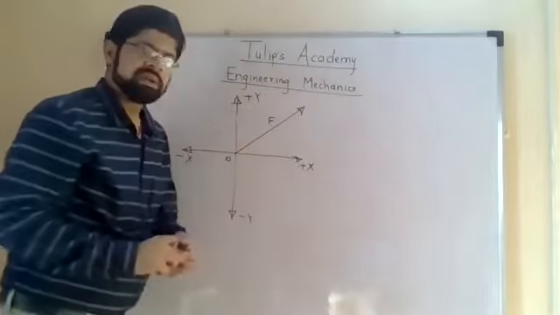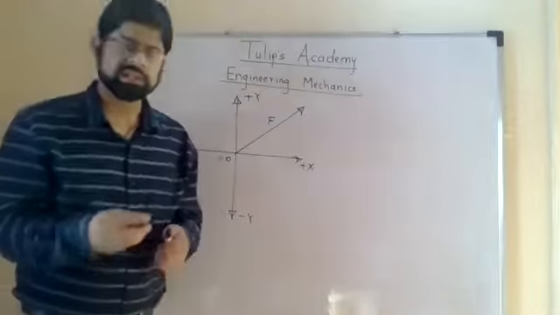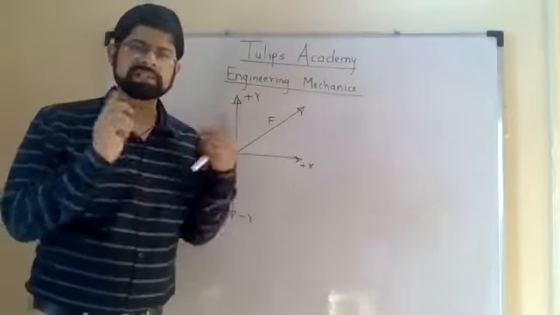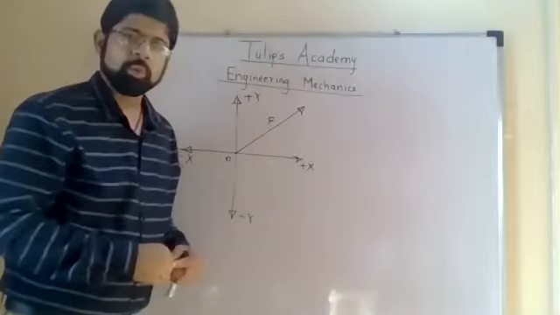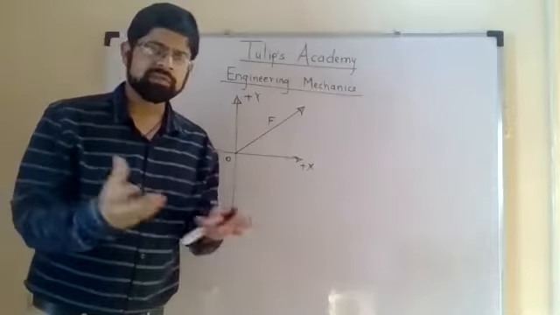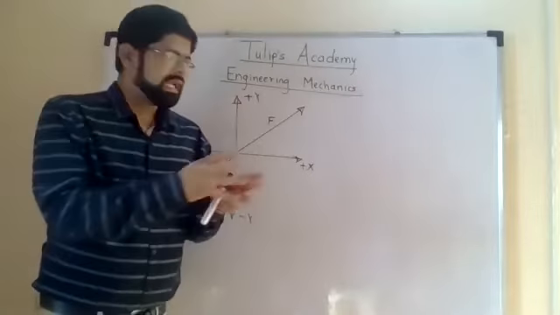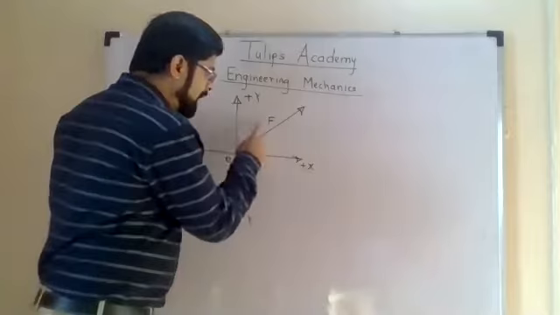This force is a resultant force because as per the definition of the resultant, we have seen that a resultant is the single force which can replace all the forces in the system. So this is a single force which will replace the effect of all other forces in the system without changing their effect on the object. So therefore this will be the resultant force. Now what is our task? We know the magnitude of F.